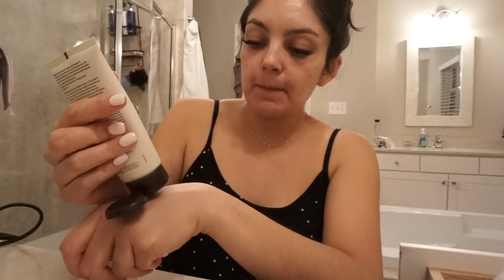I cannot go to bed without something on my lips and hand cream. Is anybody else like that? I just feel dry and yucky. And then my favorite hand cream, you guys are probably tired of hearing me talk about it. This is the Ahava Dead Sea Mineral Hand Cream. Always have this on my nightstand, and